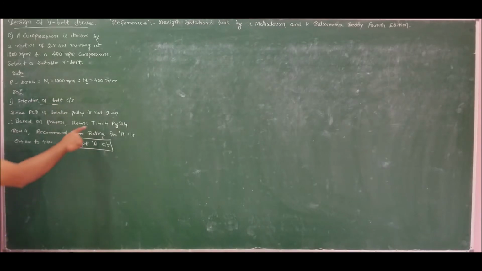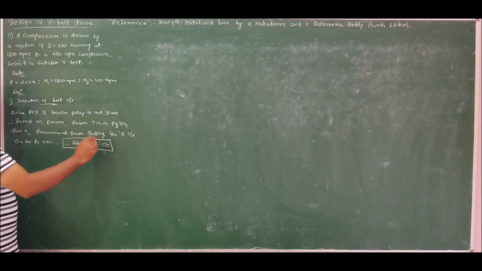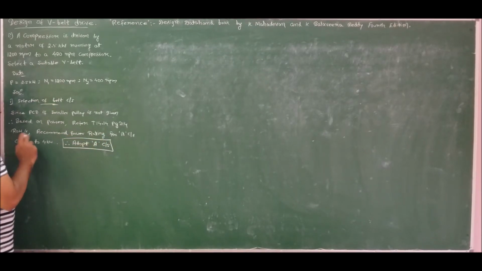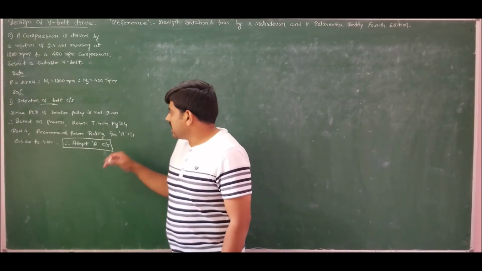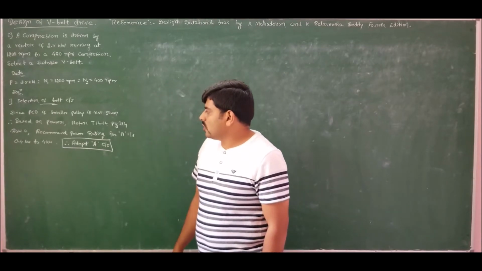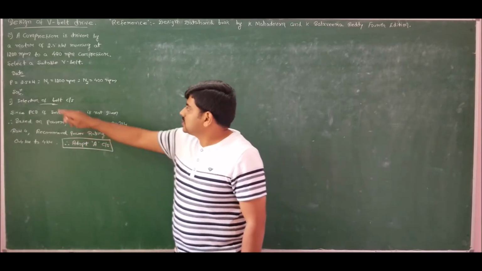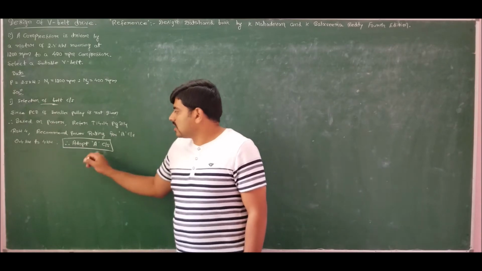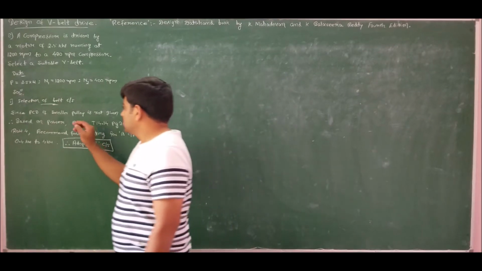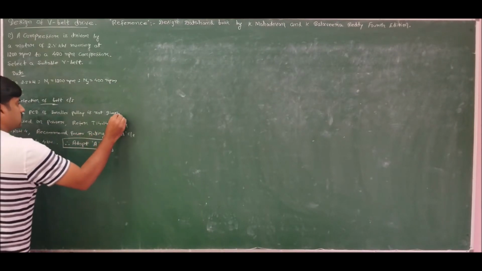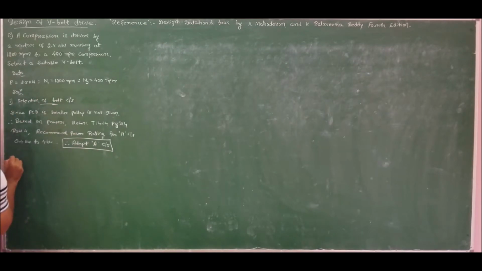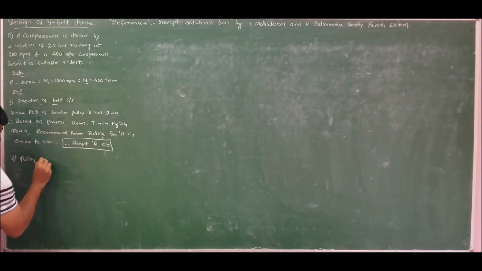So if I refer to table 14.14, page number 314, in row 4 we have the recommended power ratings for various cross sections of belts. For A cross section, between 0.4 to 4, we can go for A cross section. Since 2.5 kilowatt is within the range, I can adopt A cross section for this problem. So we have adopted the cross section of the belt based on power, since the PCD of the smaller pulley is not given. Now once we have adopted the cross section, in step 2 let us find the pulley diameter.